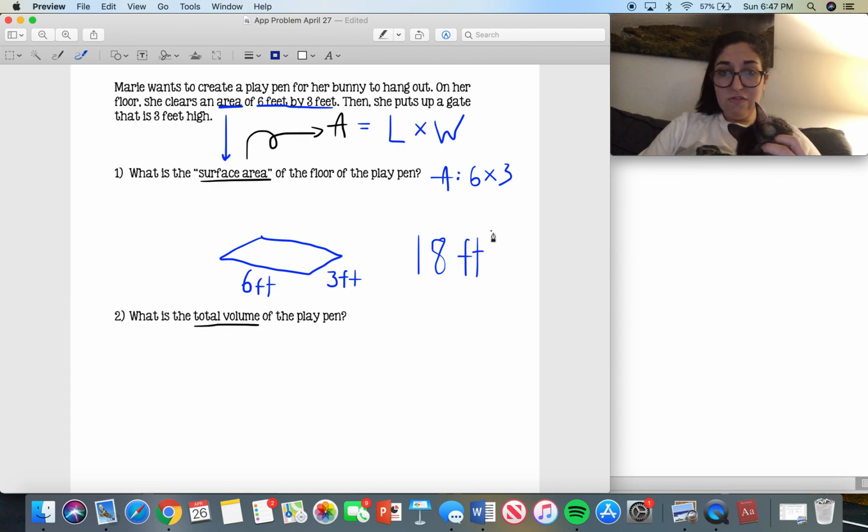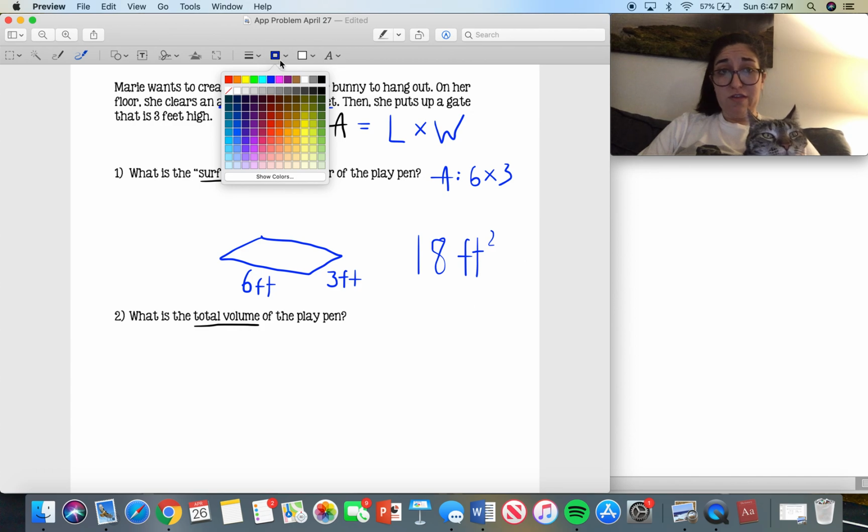Feet squared. This is how we would show area. The area is 18 feet squared. Again, that means that the amount of space that she cleared on her floor was 6 feet by 3 feet. And then if we go back to the problem, we've actually solved this first part here that